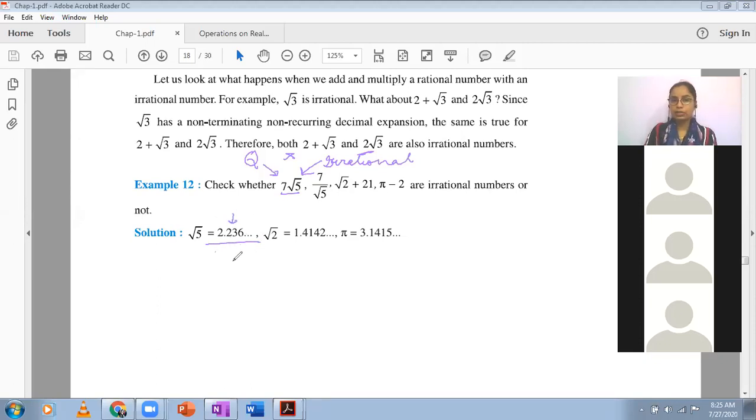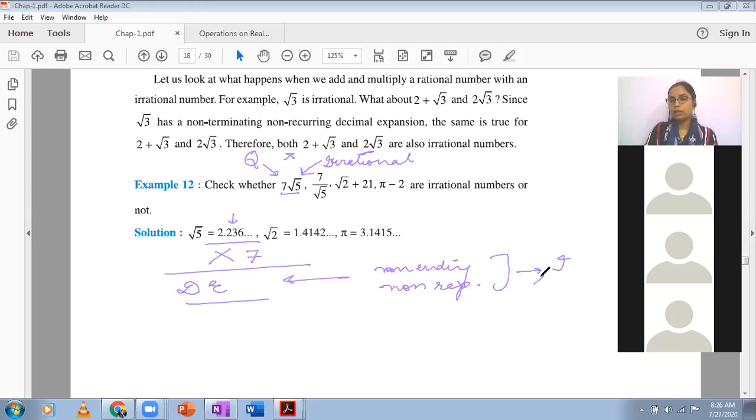This expansion is irrational. And when you multiply this with 7, the decimal expansion that you will get will also be non-ending and non-repeating. And when you get this type of decimal expansion, the answer is an irrational number. And you can work with this also. This is division here, addition of irrational with a rational number. And finally, they have given you subtraction of irrational and a rational number. In all of these cases, the answer will be irrational. So you can consider this example, but the first exercise of the question is actually about the same thing.